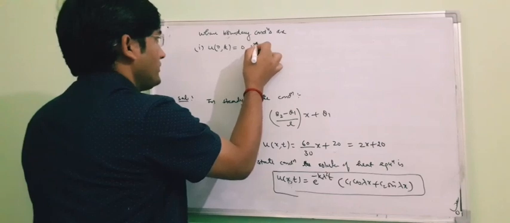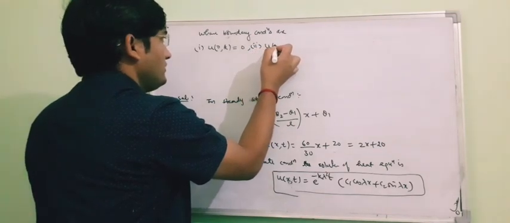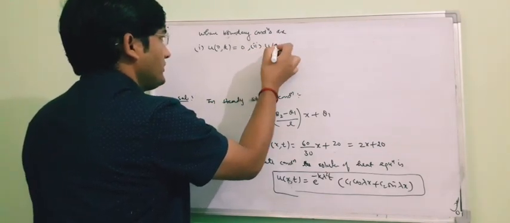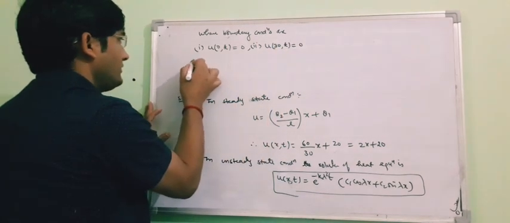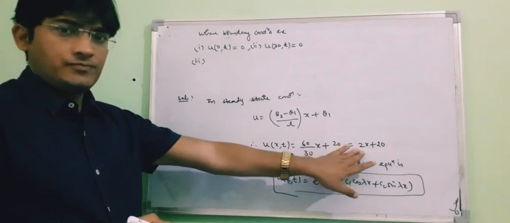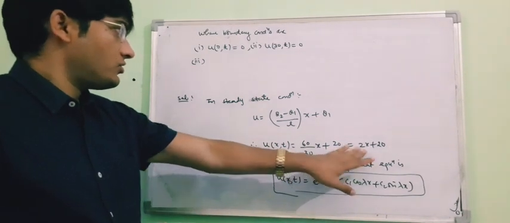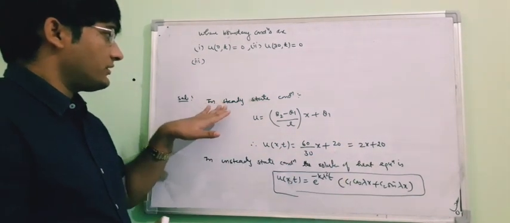When the length of the rod is 30 centimeter, again your temperature is 0, and then your initial condition,